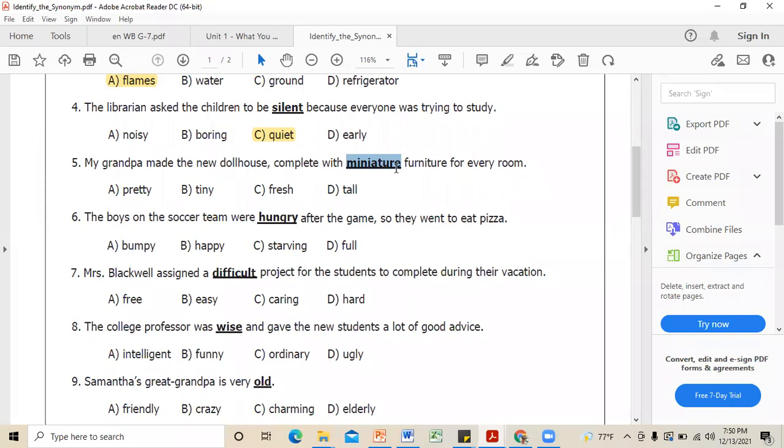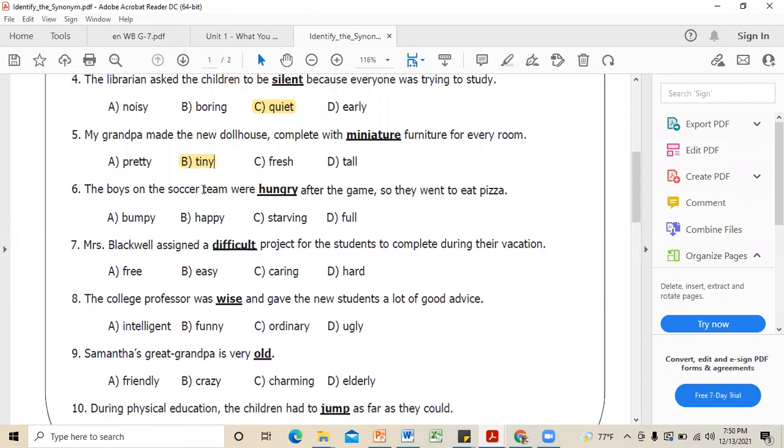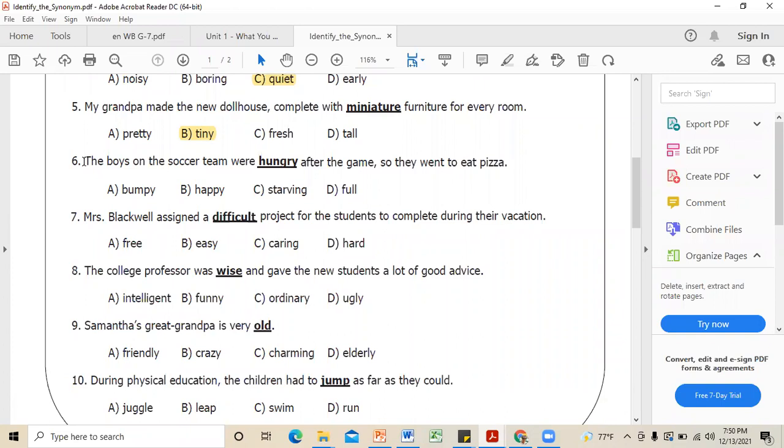So miniature, can you guess, Sulaksha, what could be the synonym for miniature out of these four words? Tiny. Yes, very good. So I think we talked about small, tiny, and also I said we can use mini. So that is how this miniature comes from, right? So we can use it as mini, as well as here when it comes to the things, when we are expressing some things, we use it as miniature. So miniature means tiny, right? So very good. And we'll move on to Bashita, the sixth one.